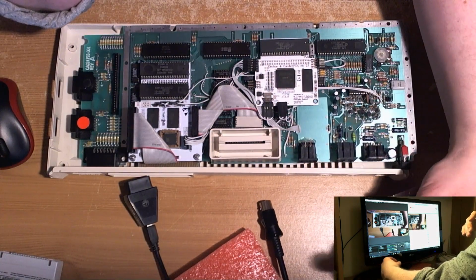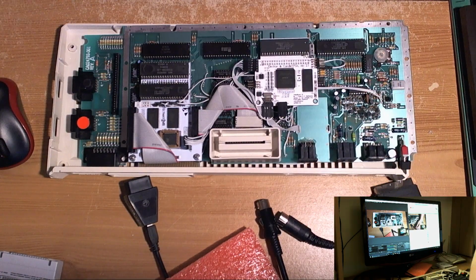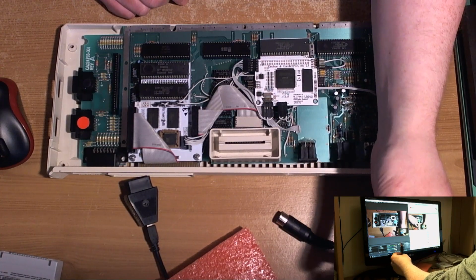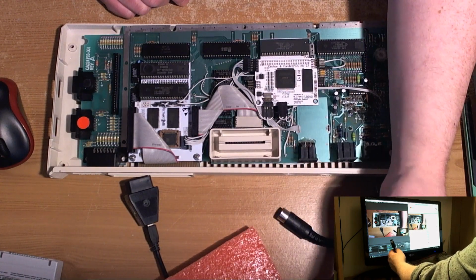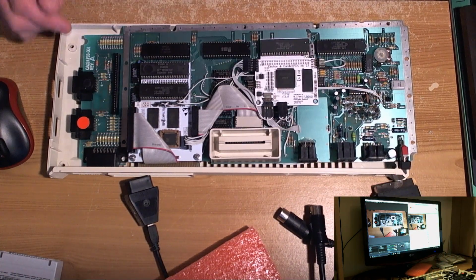Obviously, you can make these going to DB9s at the other end as well, and RCA connectors for your 1084S and whatnot. That wasn't to say you'd actually use it on an ST, because for a start, the ST has to have 150 ohm resistors on the RGB lines, otherwise it looks too bright. But anyway,